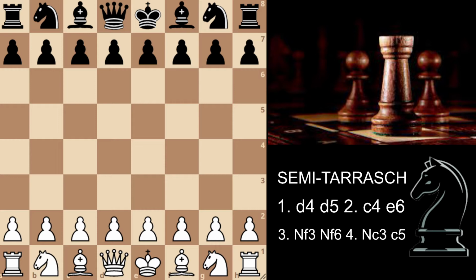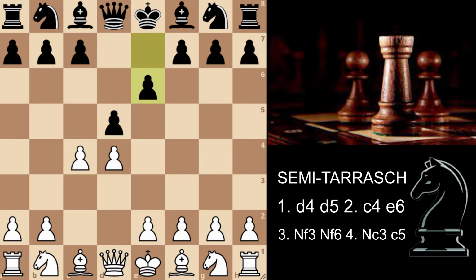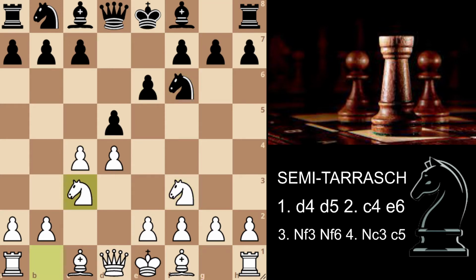Today we will be talking a little bit about opening theory and specifically about the semi-Tarrasch position. It starts after White goes d4, d5. And now we go for our standard Queen's Gambit with c4. After e6 we go knight f3, and after knight f6 we reply with knight c3. This is the main standard position of the Queen's Gambit Declined, and Black simply has a lot of moves at